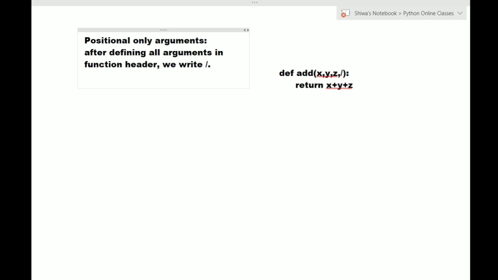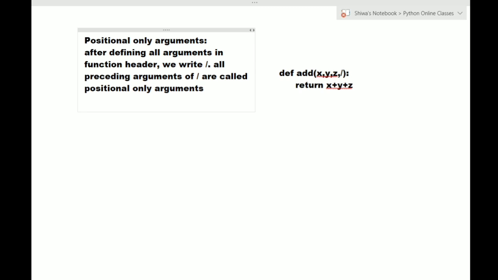Now all preceding arguments of slash are called positional only arguments.